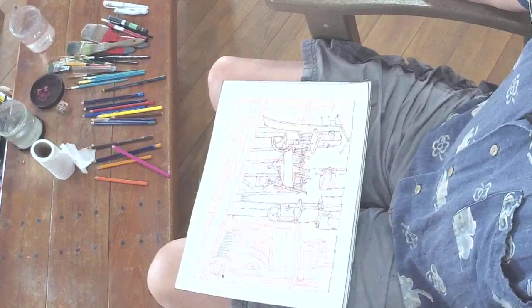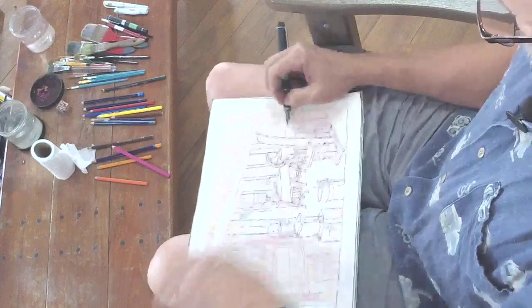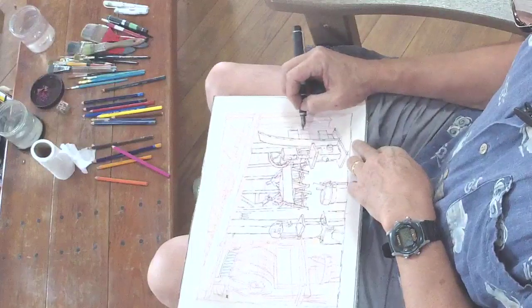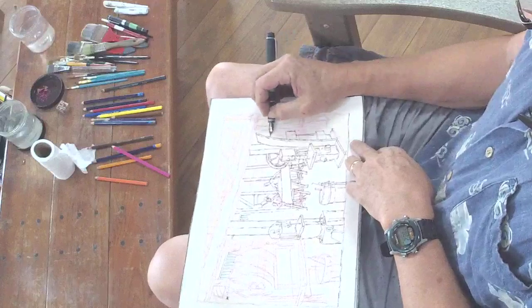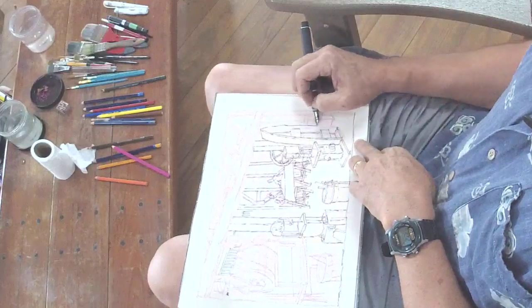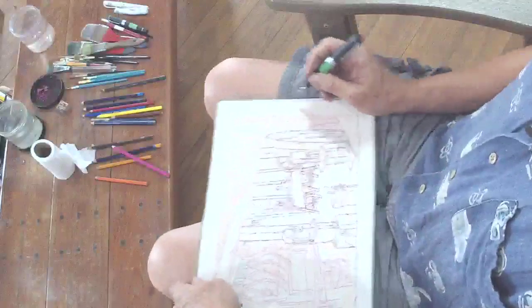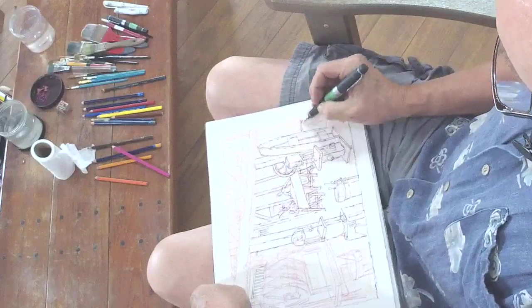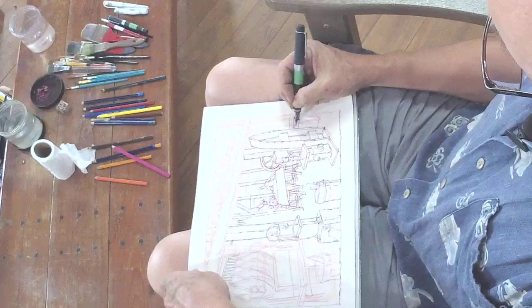But there's so much complexity in this scene that I'm just afraid that if I did a watercolor wash on top of this drawing, the watercolor pencil drawing, I'm sorry, I'm afraid it would disappear and I would lose a bunch of drawing. So I am kind of playing the chicken way out here. It's like, you're a chicken. Yeah, I am. Because I would rather, as I said, I would rather do,